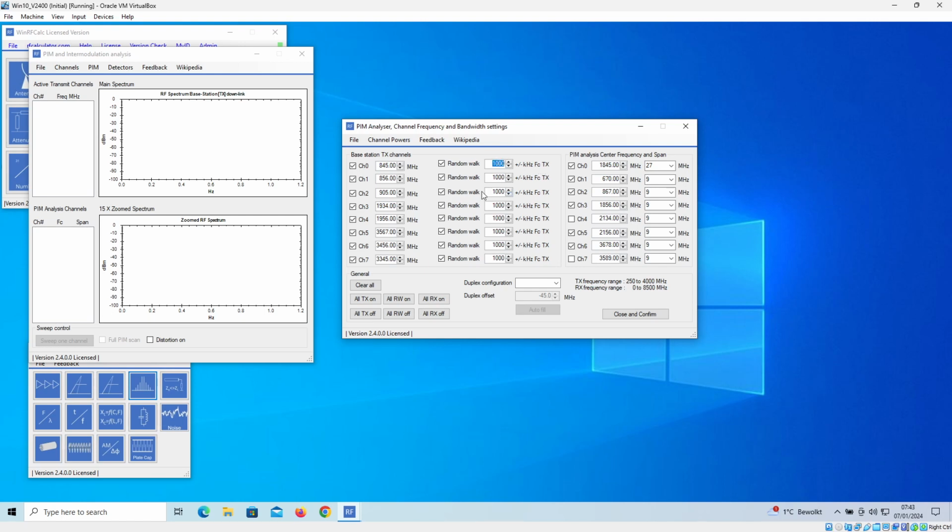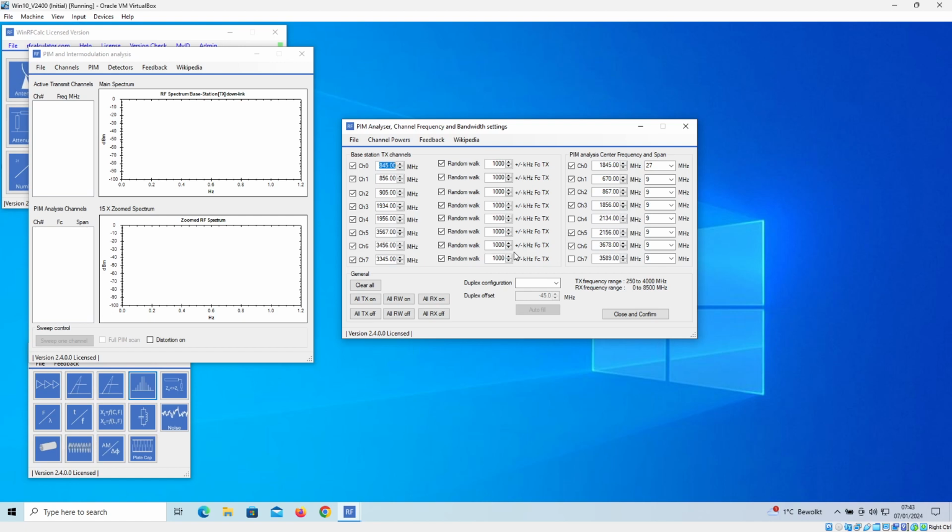Now, if you see how this is programmed, they're all the same. It's 1000. So this means that within plus minus 1 megahertz, this frequency has a variation. So it will change between 844 and 846 megahertz. And with this feature, you're actually adding frequency modulation on all these signals here on a random basis, which more or less simulates the modulation